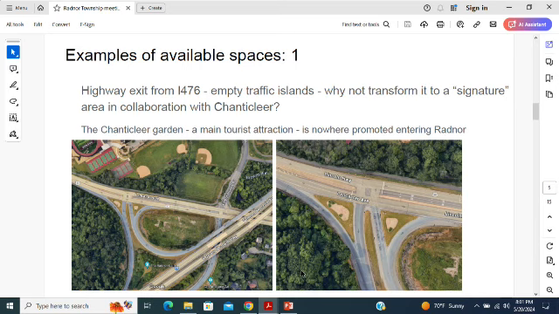Yeah. So what are examples of open spaces? That was the one that actually let me think about it. It's when you come down from the highway exit that maybe gets a bridge in a couple of years on the trail that we just discussed. You see these two traffic islands that are totally empty, and I thought, why does nobody do something with these mulch beds?